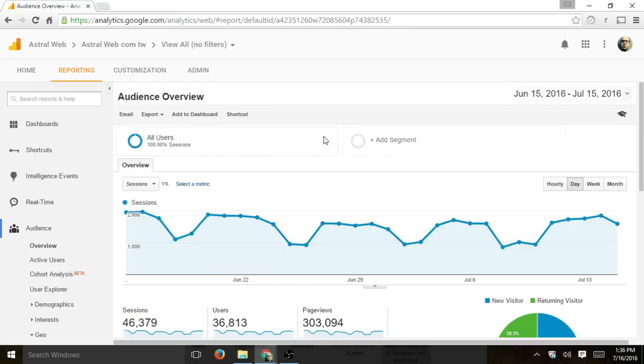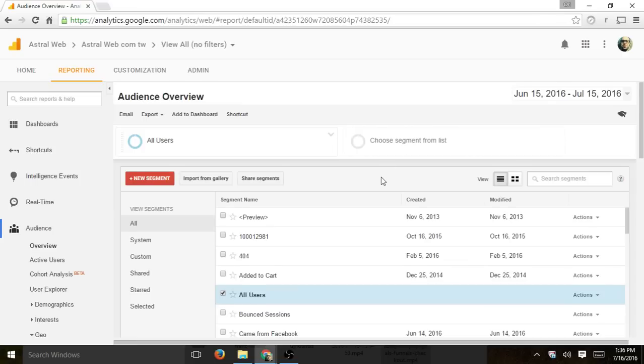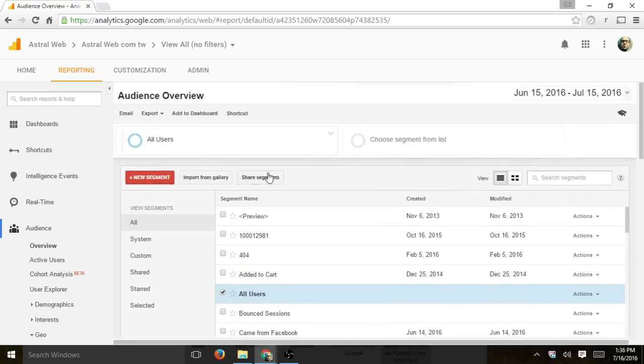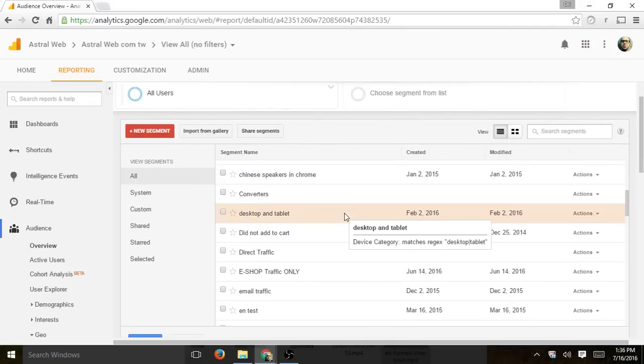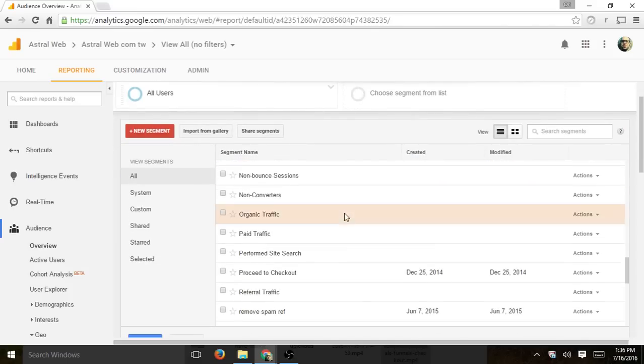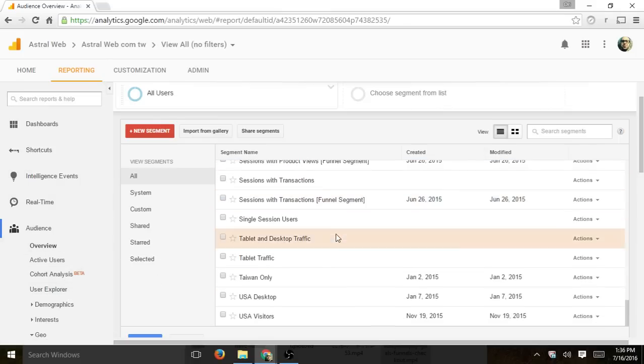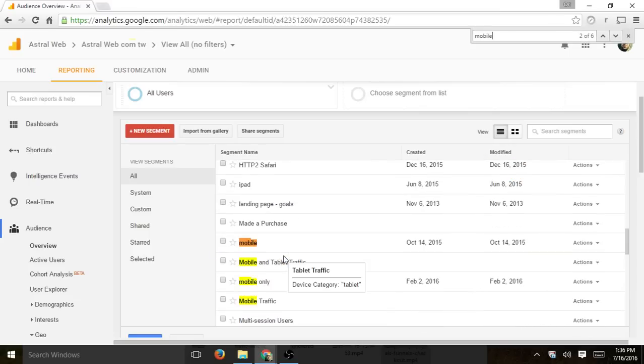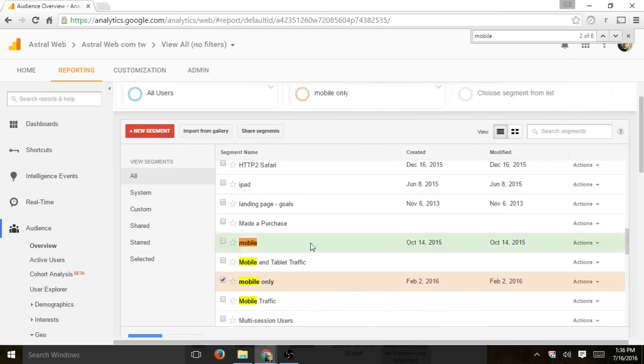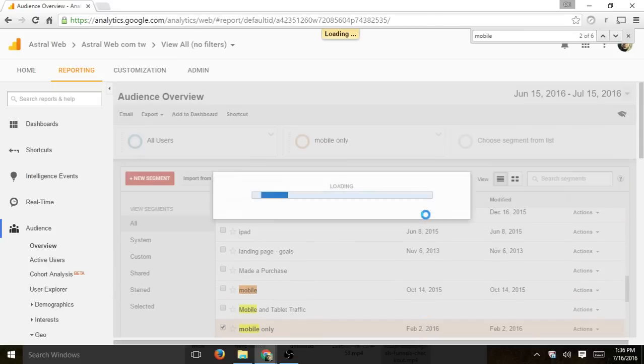Now, in addition, you'll also be able to create segments. So by default, every single page on the left you click on will show 100% of your users. But if you want to filter, or more correctly, segment your users, you can click on segment, and you can actually either create new specific segments or find some segments that are set by default in Google Analytics. So for example, maybe you want to see only the visitors in this specific page that are actually mobile only. Okay, so if I do that, I'm going to click on apply,